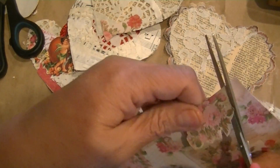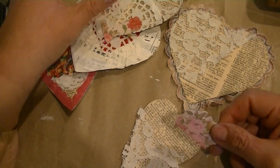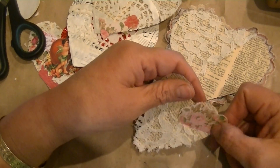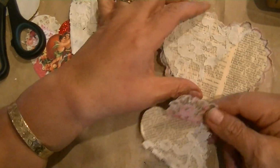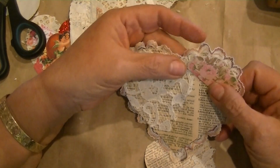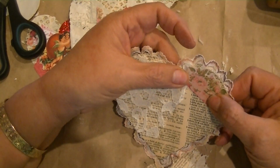I've seen a lot of people doing that lately. So I have this piece right here, right? Now, I can put that right here. Wouldn't that look pretty? That looks pretty, doesn't it? I can put this right up here, which I think it's going to go. I have no clue what the rest of it is going to be like, but